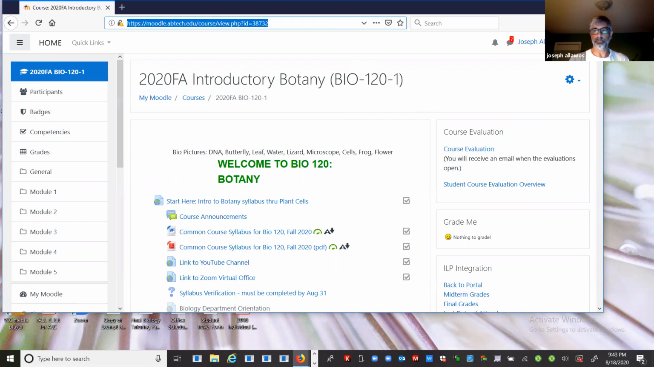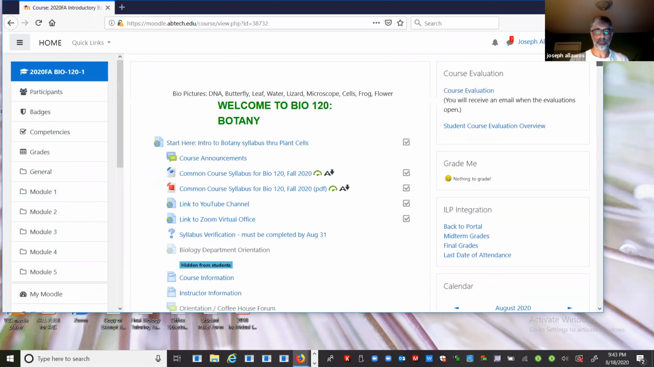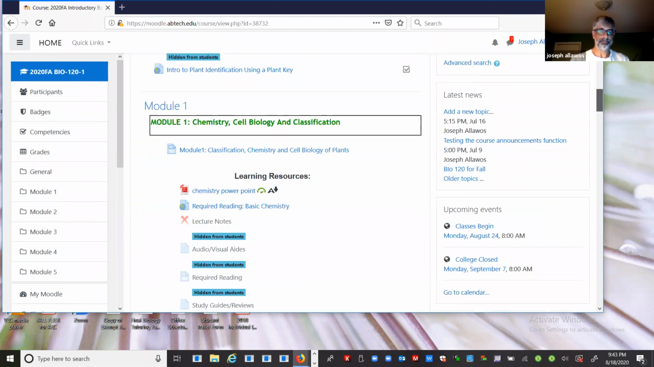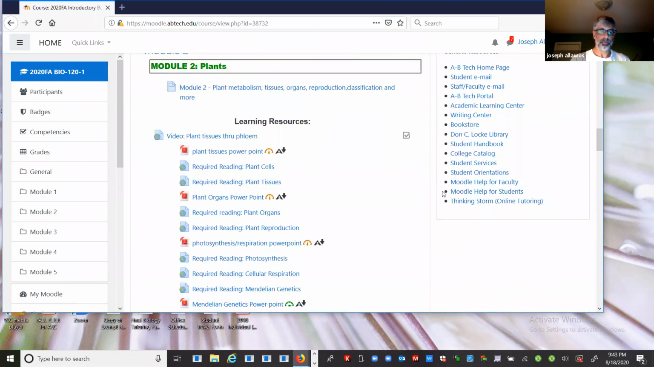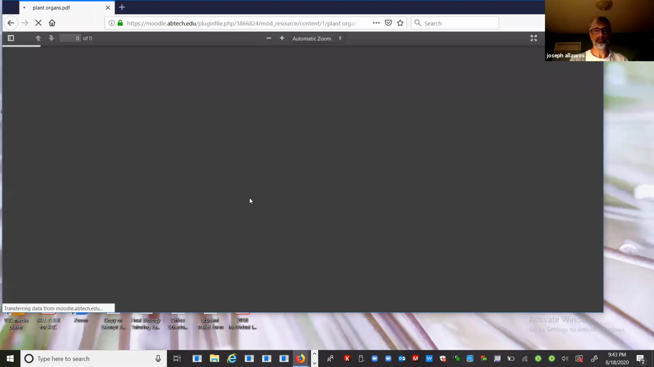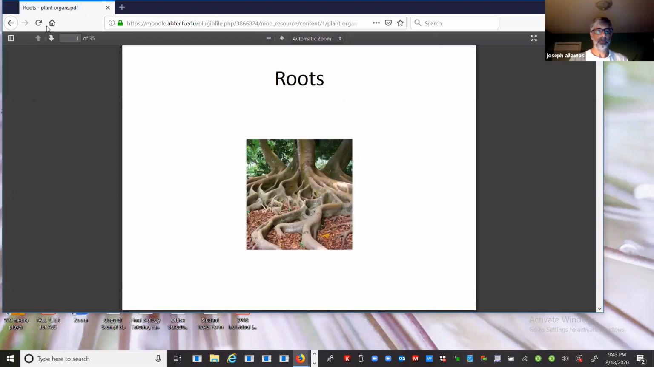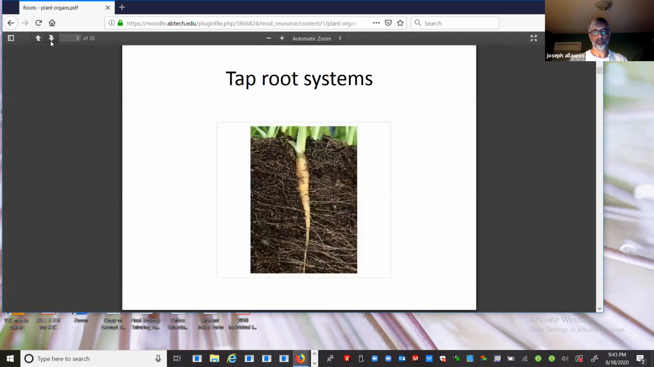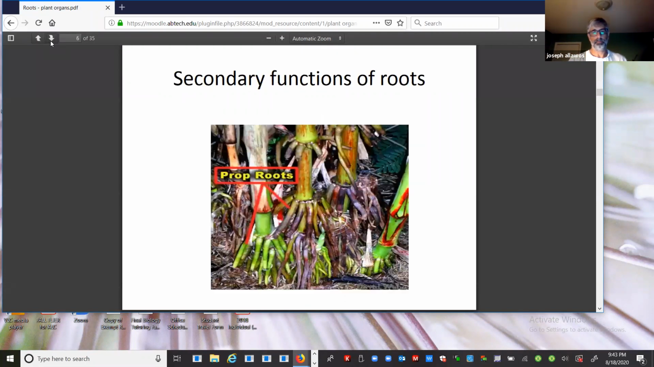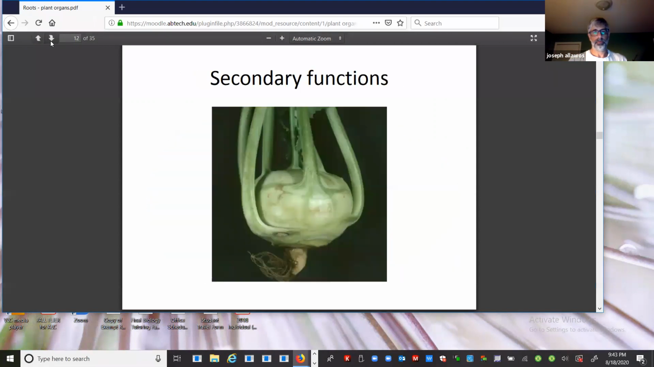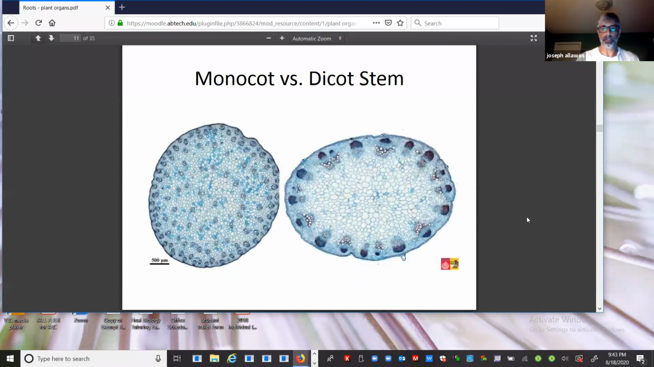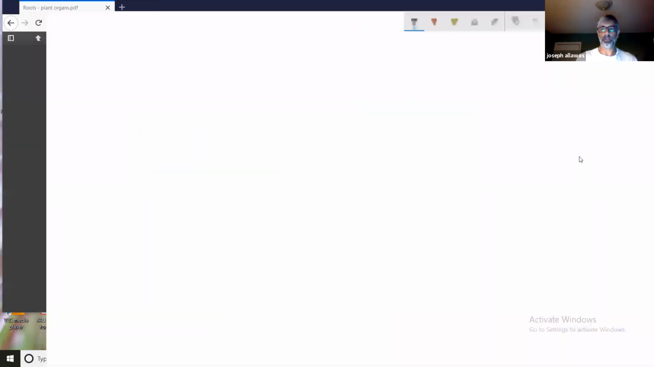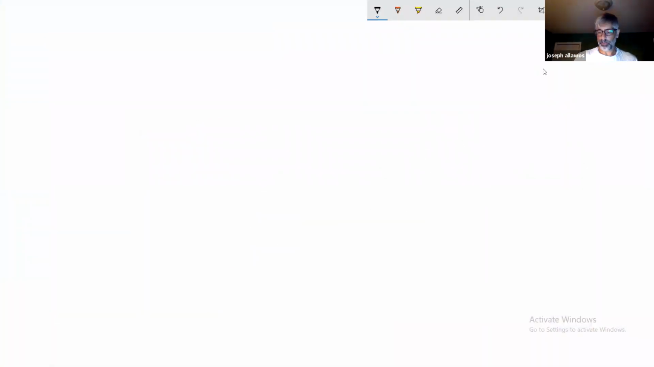And you can see where we are in your Moodle. We are in the Plant Organs PowerPoint. We made it through roots. And I believe we were right here talking about monocot and dicot, and we had a little aside, if you recall. We talked about